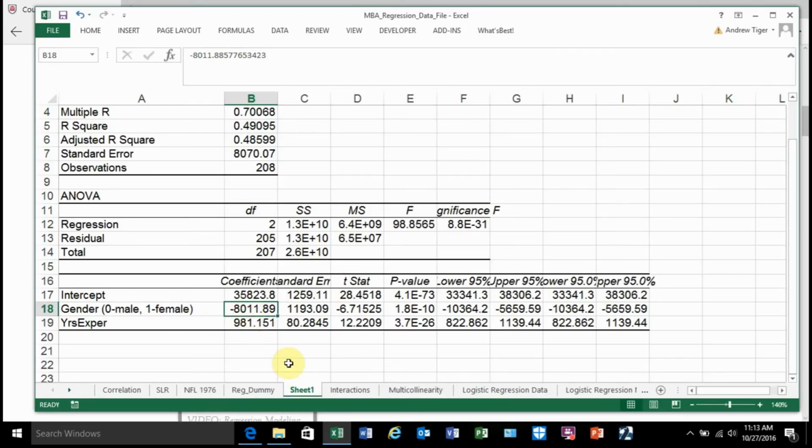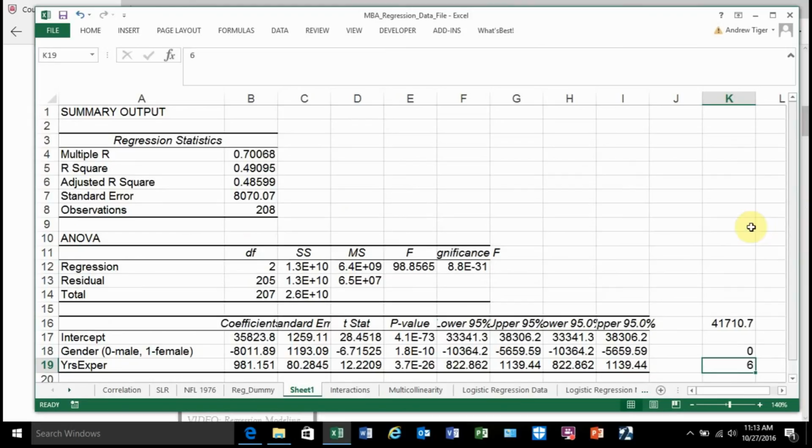So if I had a woman with 5 years of experience, then my salary would be the intercept plus the sum product of these and these, 32,000. And then you have another year of experience, and if you had a guy with the same thing, they would make about $8,000 more. Okay. Good model, it works, but let's look at